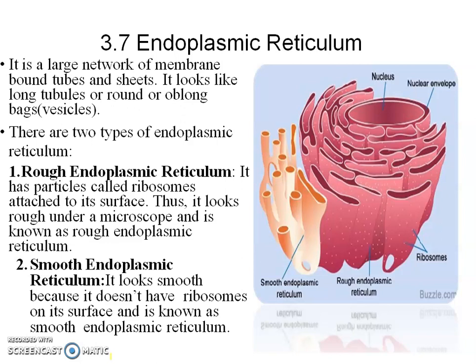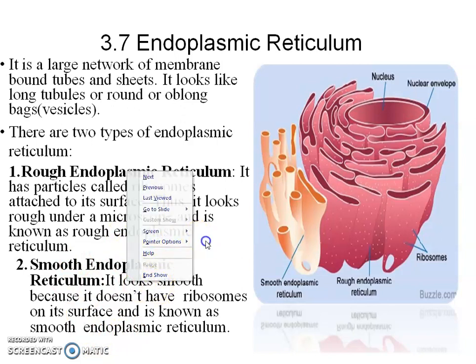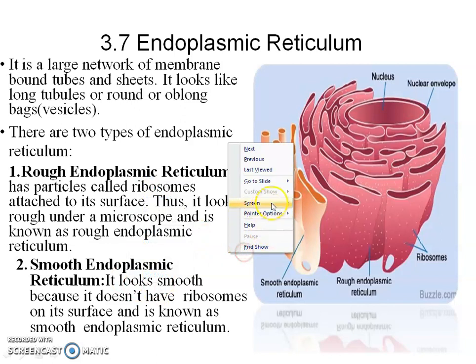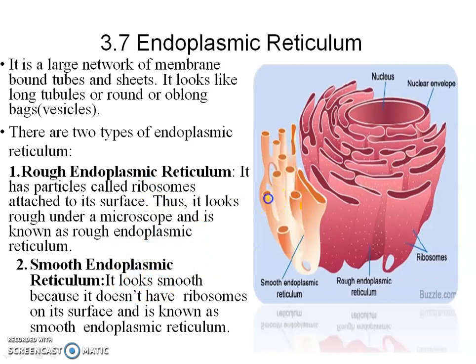Okay, so that endoplasmic reticulum, it actually is a channel. It is a network of membrane bounded tubules. You can see in this structure, these are the tubules and these are the oblong bags. Okay, these are long bags and these are long tubules. So this contains many things inside it. This is like a pathway, like bhul bhulaiya we say, no? It is looking like that, bhul bhulaiya, the walls of the bhul bhulaiya.